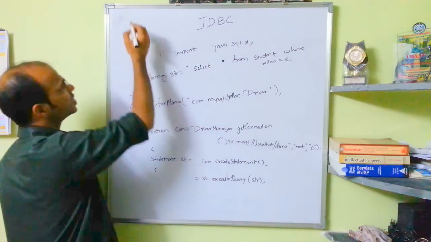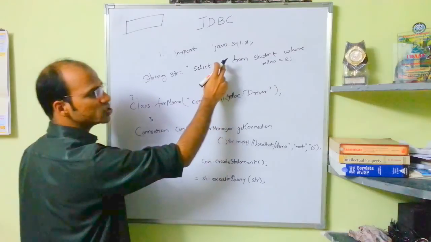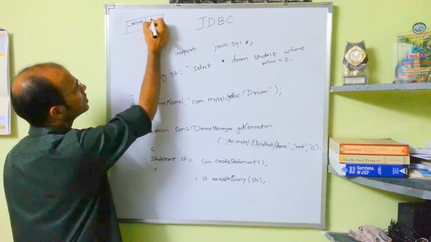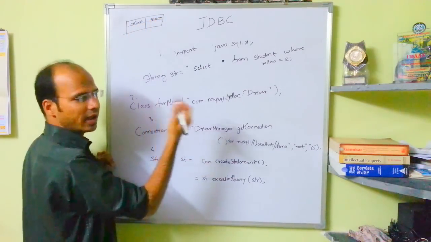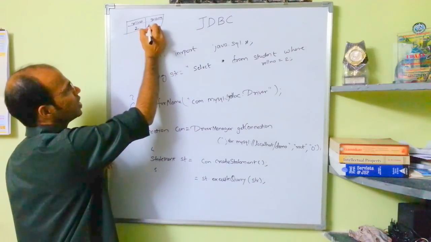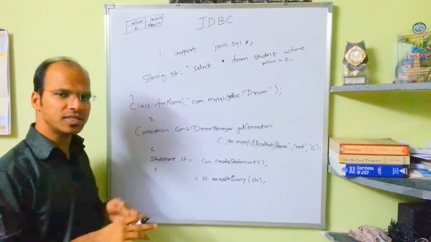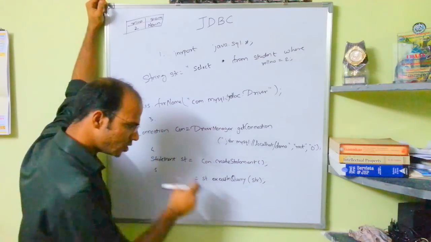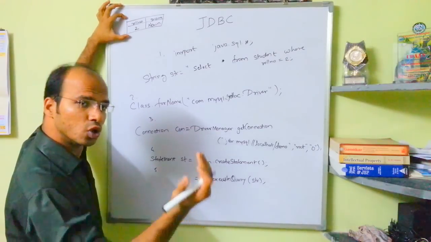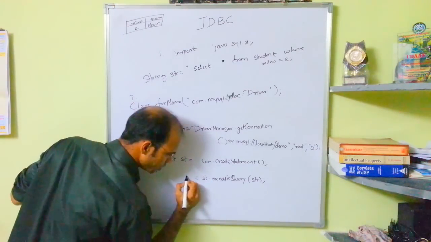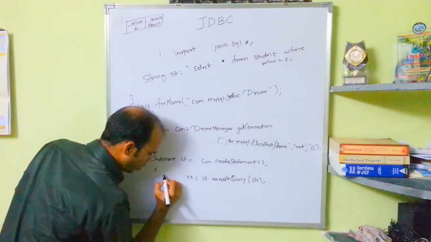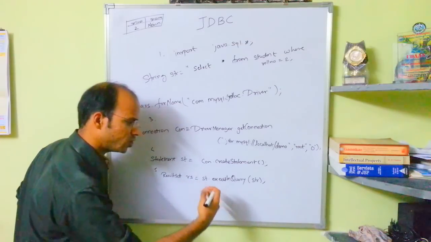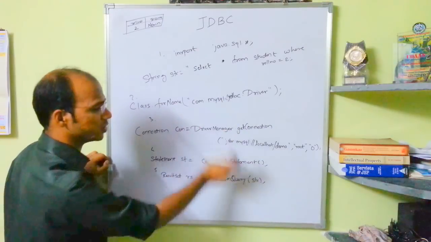To store a table, let's suppose I'm getting a table in this way, because I'm saying star, it will give me two columns. The first column will be roll number, the second column will be S name, and the data will be roll number 2, and I will get my name, which is Navin, because in the database I have the name Navin with roll number 2. If I execute this, I will get this table. To store this table, we require an object. Let's suppose the object name is rs, and this object is of an interface called ResultSet. So ResultSet rs equal to st.executeQuery, and you have to pass the SQL string here.